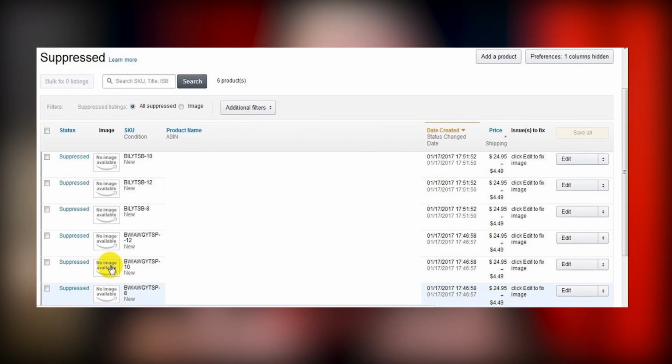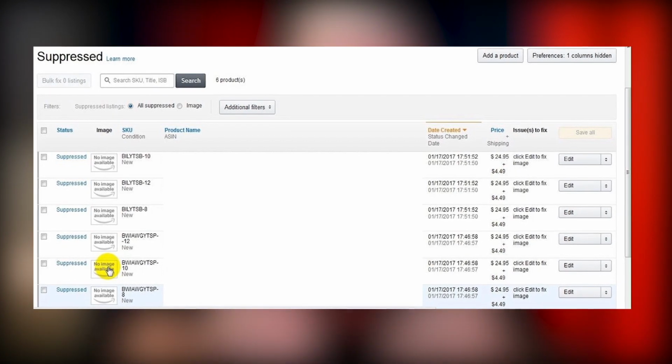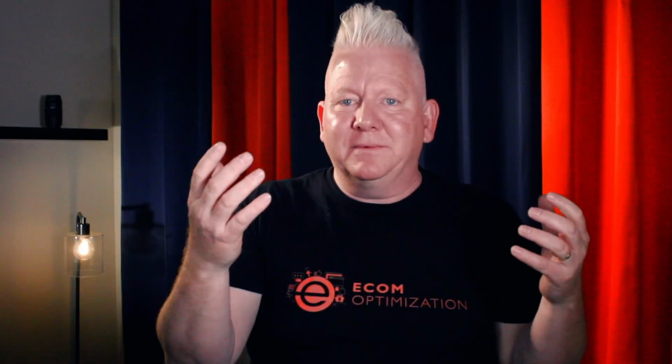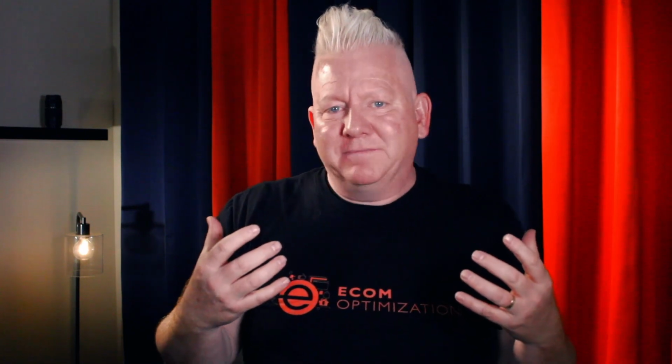Now, it's not a good thing, but when a listing is suppressed, essentially it's made invisible to the search results. In other words, shoppers can't find the listing. The remedy for suppression is, first of all, understand what went on with the terms of service, but specifically when it comes to main images, is basically to just swap out the images and then resubmit them. The process normally takes just a few minutes, and as of the time of this video, there have never been